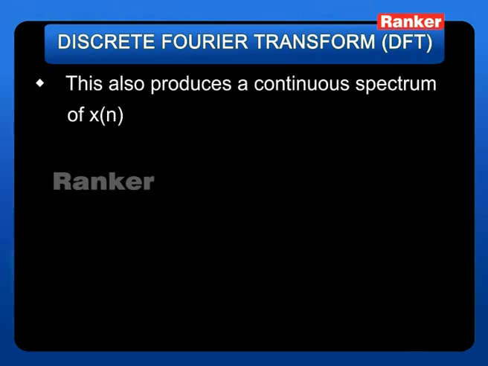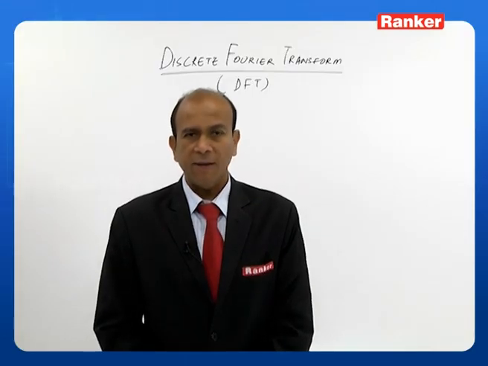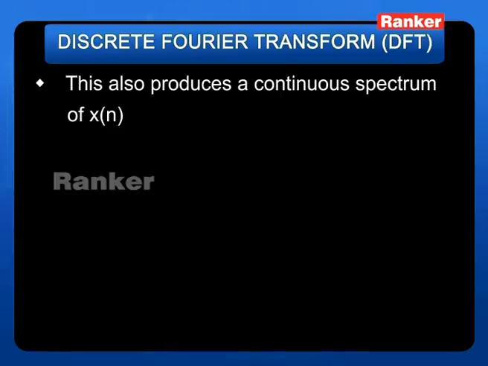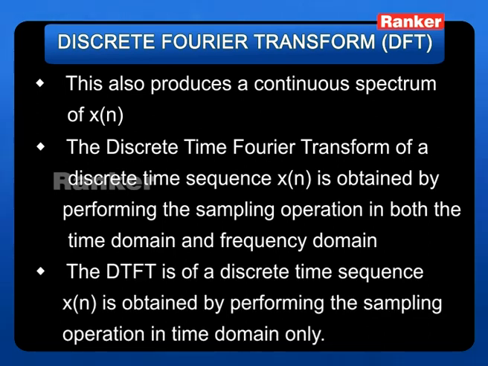So you take a discrete series x of n, and when I calculate the discrete time Fourier transform, I will get a continuous spectrum. When I say spectrum, it is in the frequency domain. How do I get a discrete time Fourier transform? It is derived from x of n by performing the sampling operation in both time domain and frequency domain. So the DTFT of a discrete time sequence x of n is obtained by performing the sampling operation in time